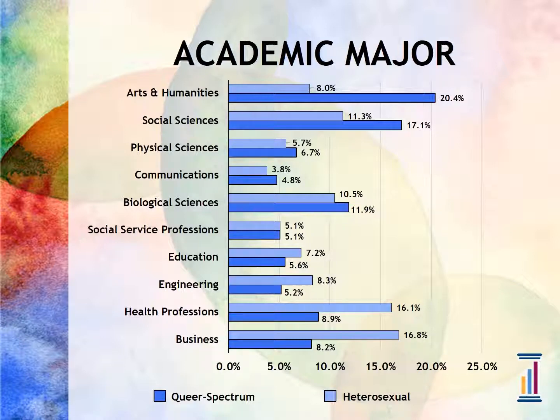Next, thank you. Another thing that I always like to look at are what are students majoring in, what are their choices for major. And you can see here, and compared to the straight students, the queer spectrum students are far more often majoring in arts and humanities, social sciences, which I think makes a lot of sense, but they're very underrepresented in health professions and business, which I find very troubling. But I think you see a lot of business interactions in the news, and that might make sense. It's also a little troubling that they're having an issue with health professions, as we all need to consult our health professionals, but they often find those to be unwelcoming fields.